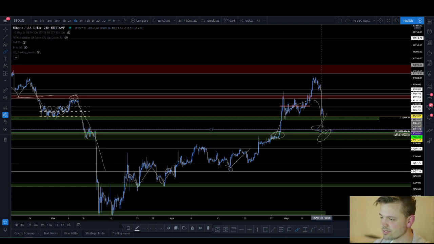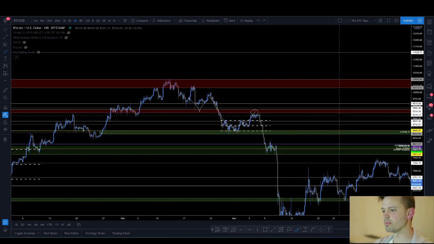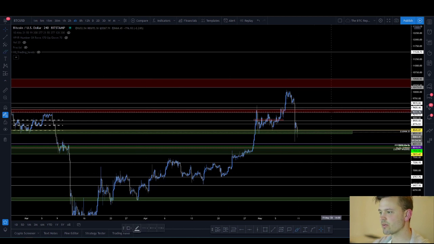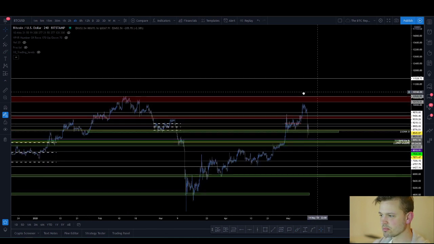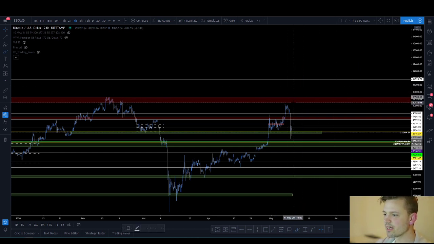I'm looking for price to dip down into the liquidity pocket down here, where you will most likely have a lot of buyers. I want to see a confirmed bounce and a reclaim of that area, a reclaim of the daily 21 EMA with a daily open and close above, and that would give me a long signal to fill up my bags for Bitcoin. I would then target first this area around 9.3, and then 10k and 10.5k. That's when I will most likely sell most of my position again and put in a trailing stop below this area. And if we break out of this level, like I said, I expect way higher prices for Bitcoin,